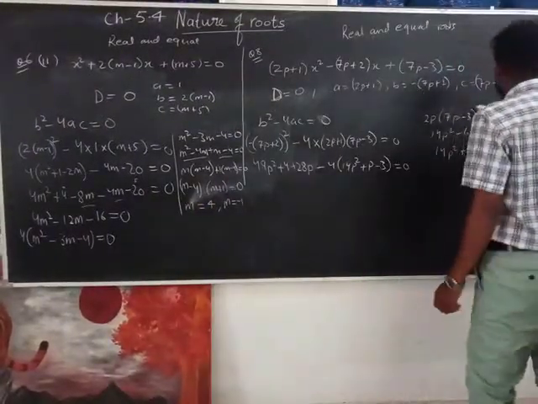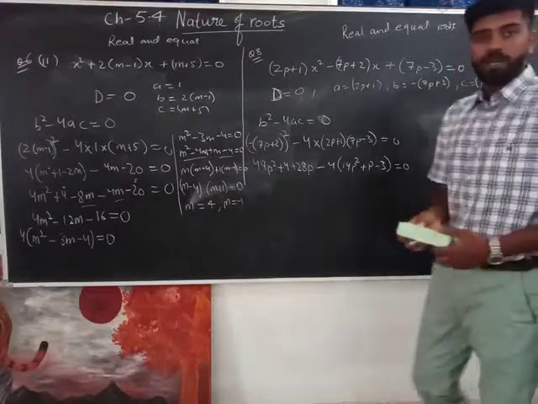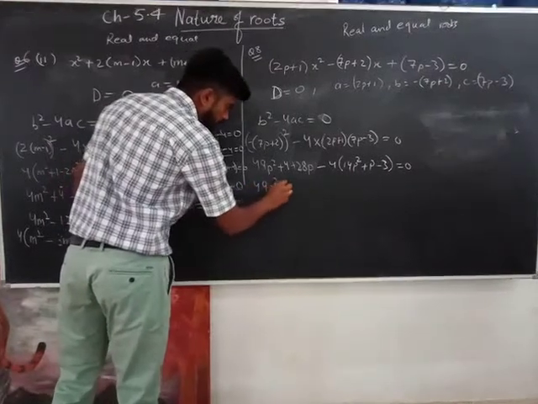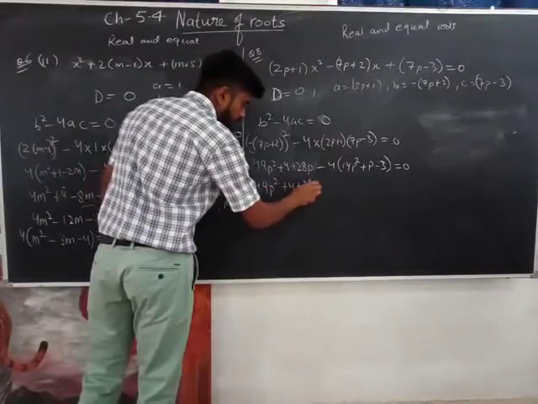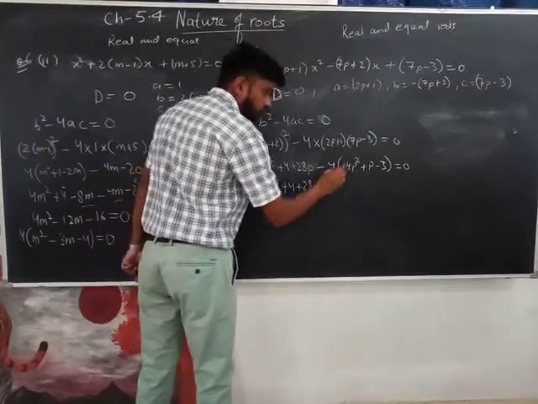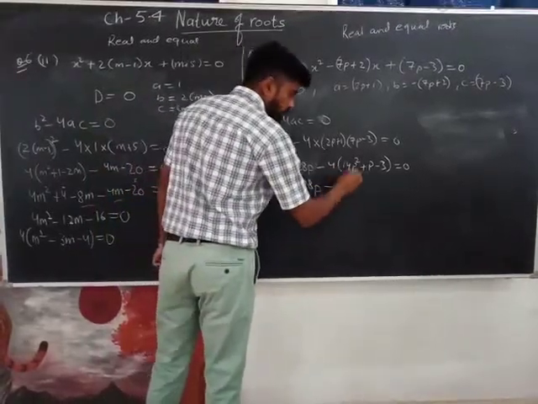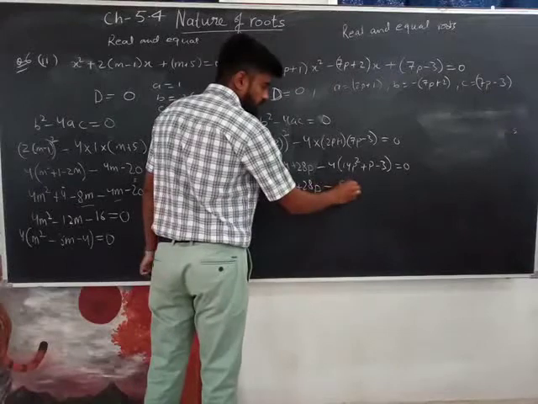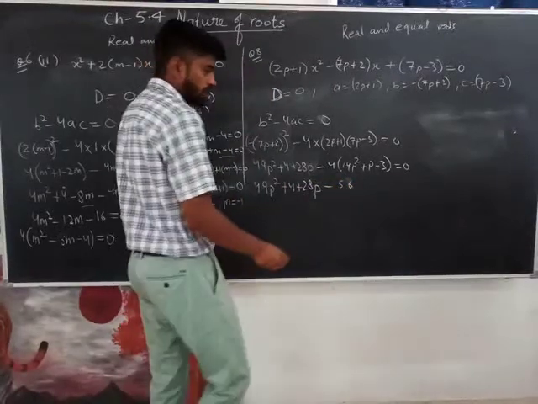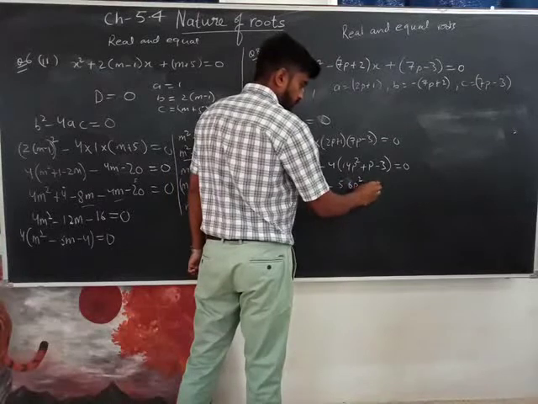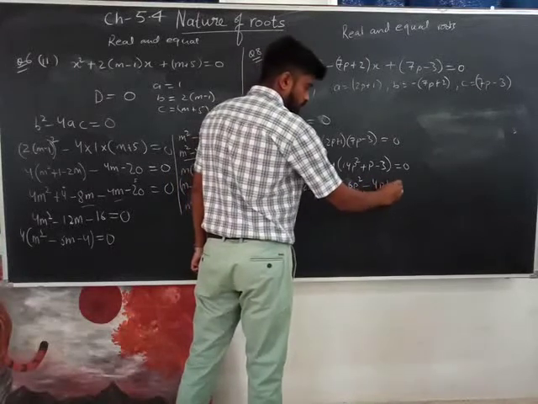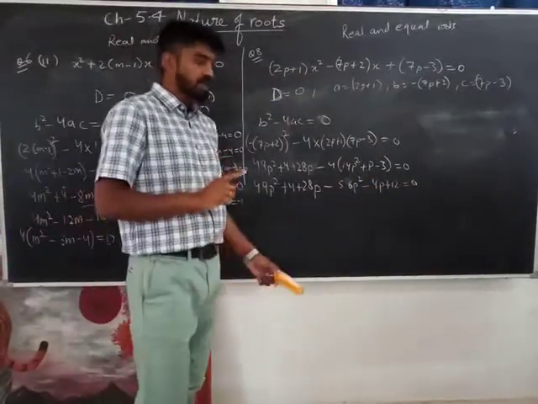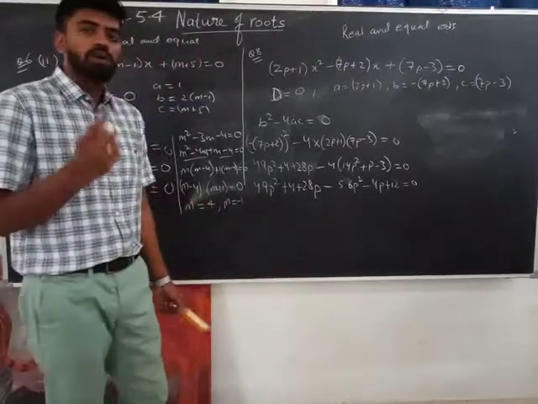Now what do you think is going to happen? I'm going to multiply the bracket. We always solve the bracket, right? So we'll be solving the bracket. 49p square plus 4 plus 28p. Now minus 4 into 14. How much is 4 into 14? 4 4 is 16, 52. Right? Sorry, 56. Is it okay? Minus 56p square minus 4p plus 12 equals 0. Now you might have noticed all the signs have been changed. Why? Because there was a minus with 4. So all the signs changed.